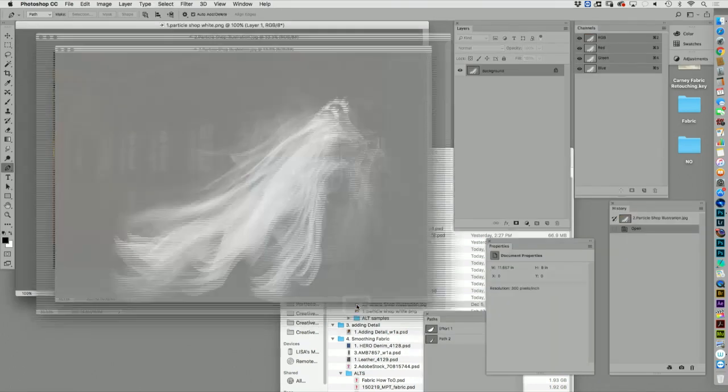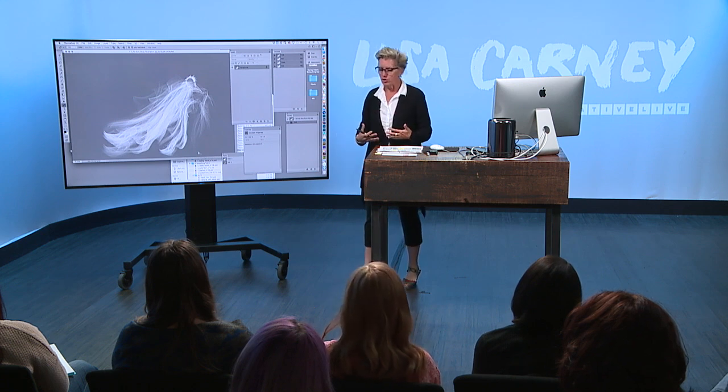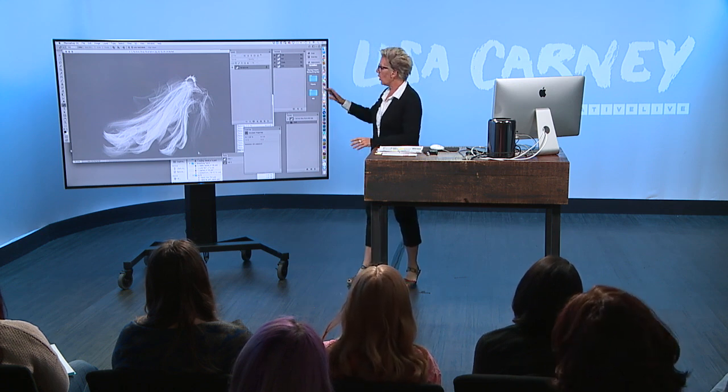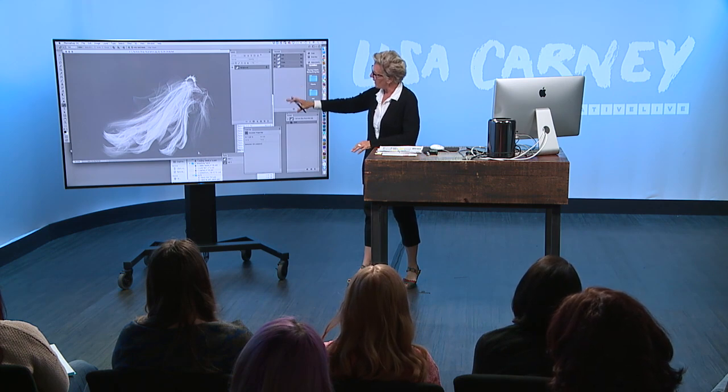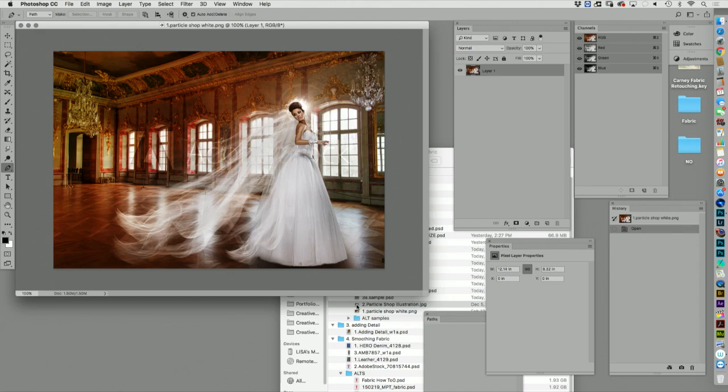As I said, it crashes all the time, so all you want to do is save before you start, don't have a ton of things open, save when you're done, and then get rid of it. So this is a sample of what that layer looked like before I put it in the file. Cool? All right, so let's do another underwater